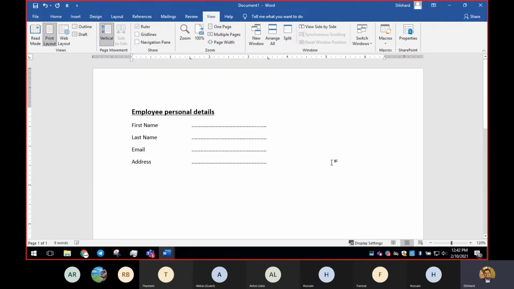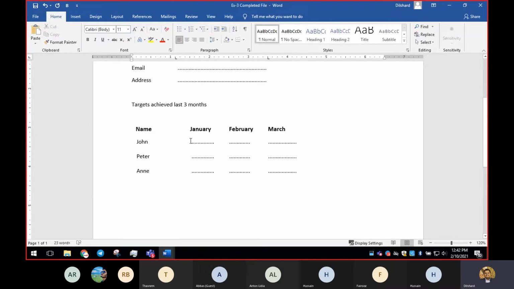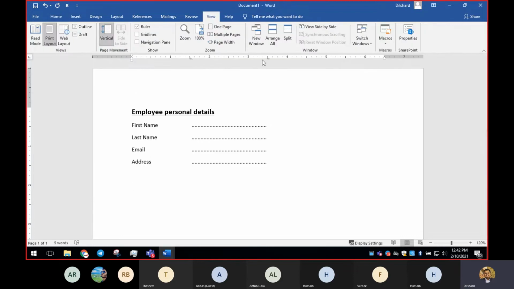So I'm going to press enter 2 times and remove these things because I'm going to have a different set of tabs. I need to start it here, stop it here, again start, stop, again start, stop, right? So whatever we have now in the ruler is wrong.